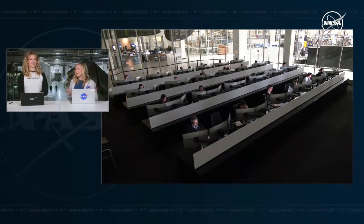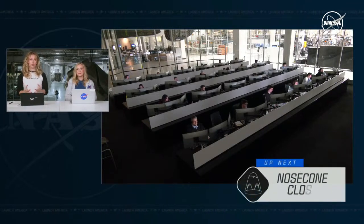And right on time. Great to hear that deorbit burn was successful. Up next, we're going to close the nose cone, which, as I mentioned earlier, is still open as we were using those 4 forward bulkhead Draco thrusters in order to perform that deorbit burn. So now that that deorbit burn is complete, and as we heard, it performed nominal,